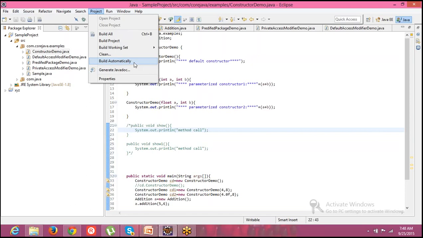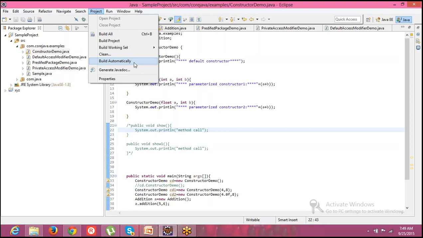Why am I asking you to unselect Build Automatically? What does build mean? Whatever Java programs you are writing, you first have to compile them and then run them to see the results. These are the two steps you have to follow. But the Eclipse IDE reduces our effort: you don't need to bother about compilation, you can just leave it to Eclipse, which says it will take care of it.